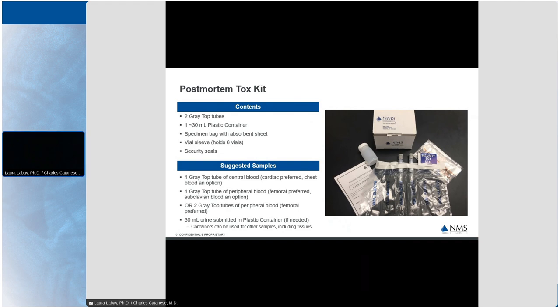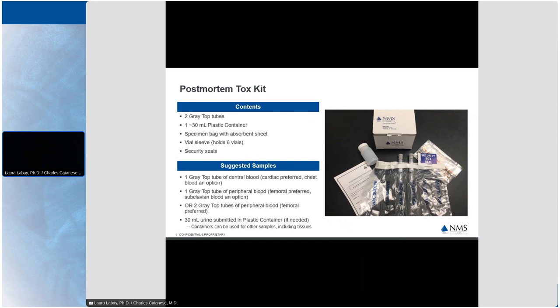The sodium fluoride preservative helps to stabilize drug and drug metabolites that are present in the blood and helps prevent microbial growth, which can lead to in vitro formation of alcohol. It also comes with one 30 ml plastic container, which can be used for urine or for tissue. It comes with a specimen bag with an absorbent sheet and a vial sleeve that can hold 6 vials and the